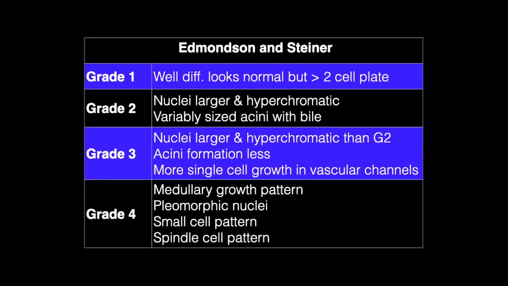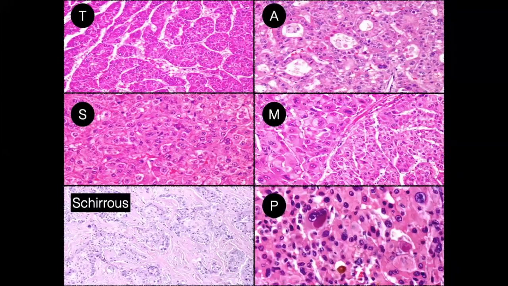That brings in the grading system. We follow Edmondson grading, and I'm not going through that. I will leave it for a minute so you can all see grade 1 to grade 4. These are all the various morphological types of hepatocellular carcinoma. This is a trabecular type where they are running in trabeculae. This is more sinusoidal pattern where you can see the sinusoids in between the hepatocytes. This is scirrhous type. Sorry, it's slightly pale. You can see a lot of fibrosis and hepatocellular carcinoma cells are there.